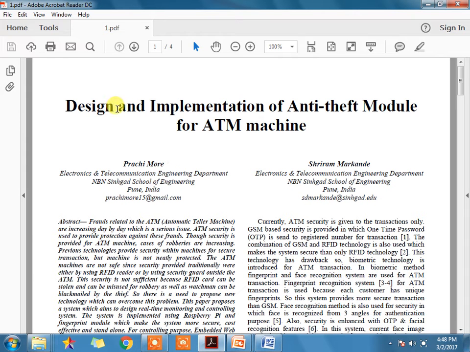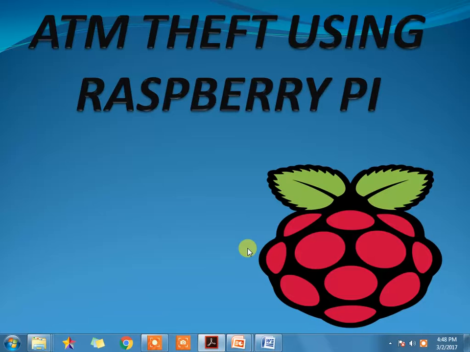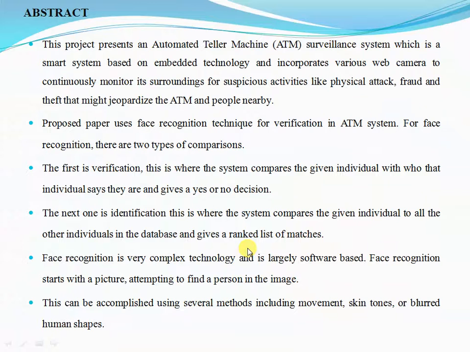The title of the project is Design and Implementation of Anti-Theft Module for ATM Machine. To overcome the frauds related to the ATM machine, in our project we are going to implement an anti-theft module for this ATM machine. In this project we are going to present an automated teller machine using a surveillance system which is based